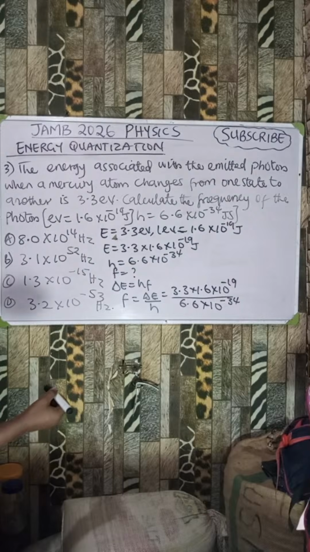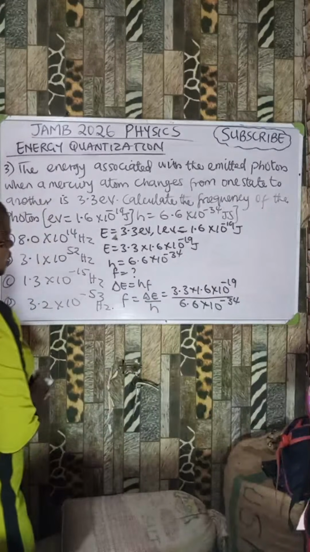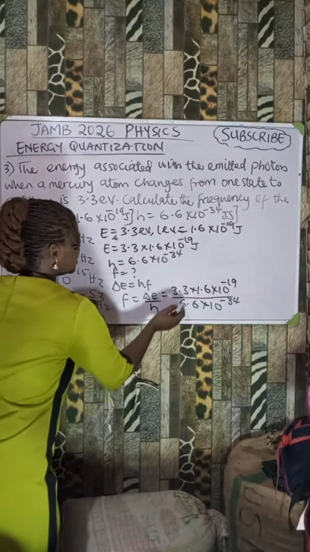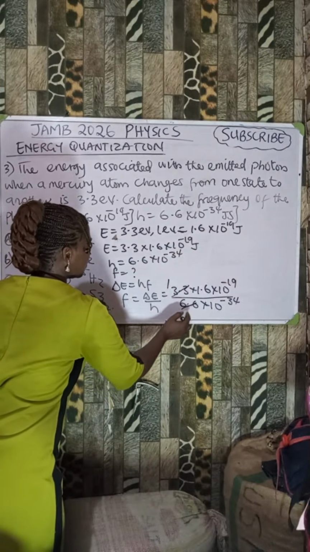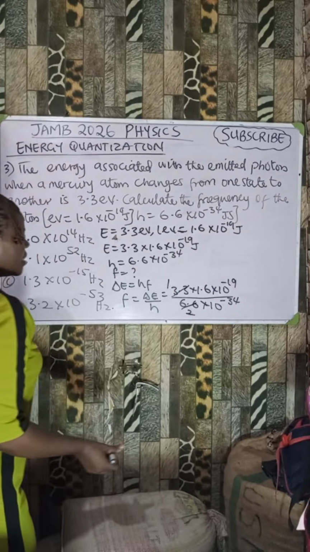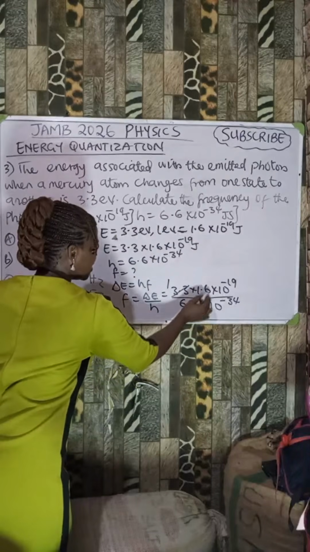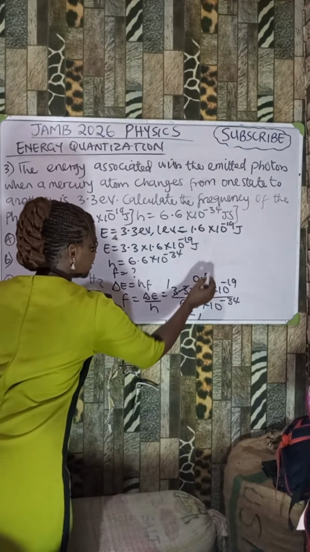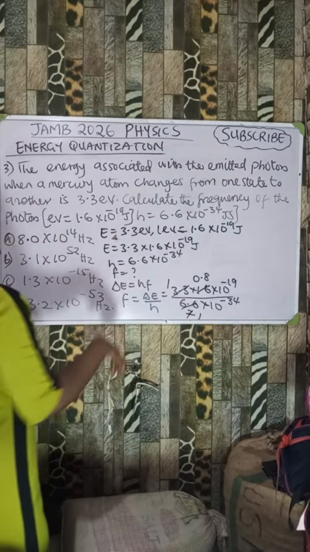Look at it. This is JAMB for you. This can actually work on each other. Now, this can divide itself to give us 1, divide this to give us what? 2. Now, 2 can divide this to give us 1, divide this to give us what? 0.8. We can now work on the powers.